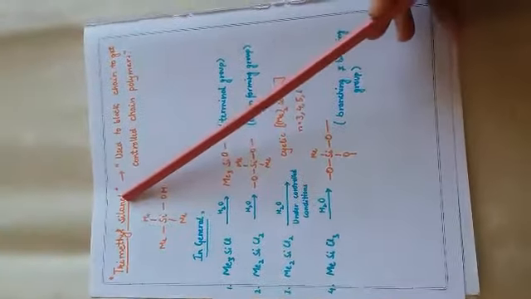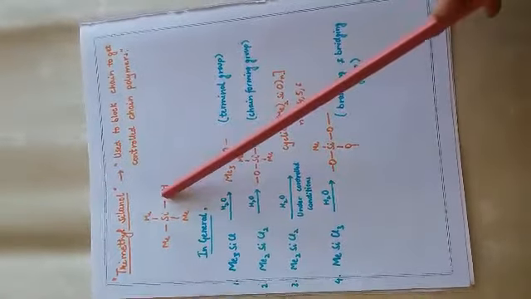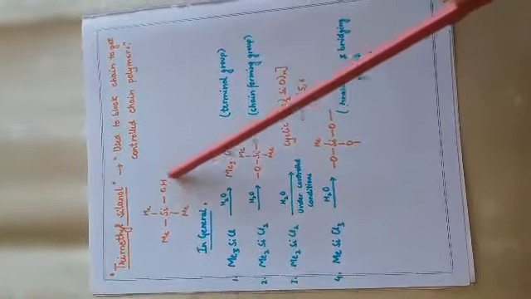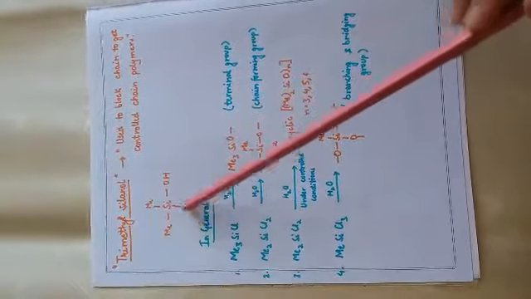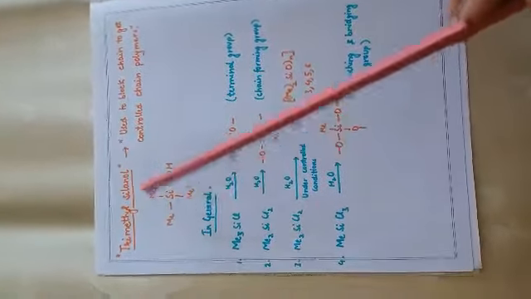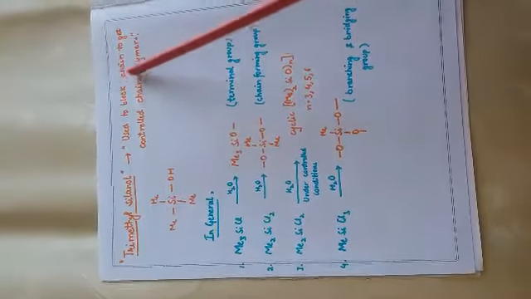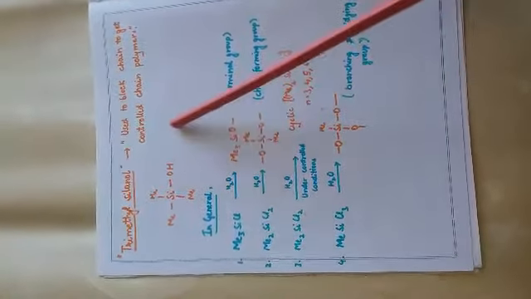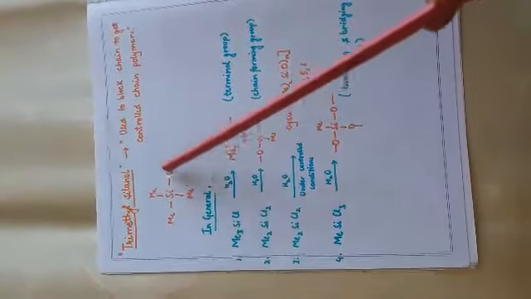So trimethylsilanol, which has 3 methyl groups attached to silicon and an OH group, acts as a chain blocking subunit, because it has only a single hydroxyl group, so it can only extend the chain towards one side, not the other. So if this group is attached to any chain, then it will hinder the chain formation. So it acts as a blocking subunit, used to block the chain to get controlled chain polymers. Means if we want a controlled length of polymer, we want that it should not keep on extending, but should stop at some point, then we will add these to control the chain